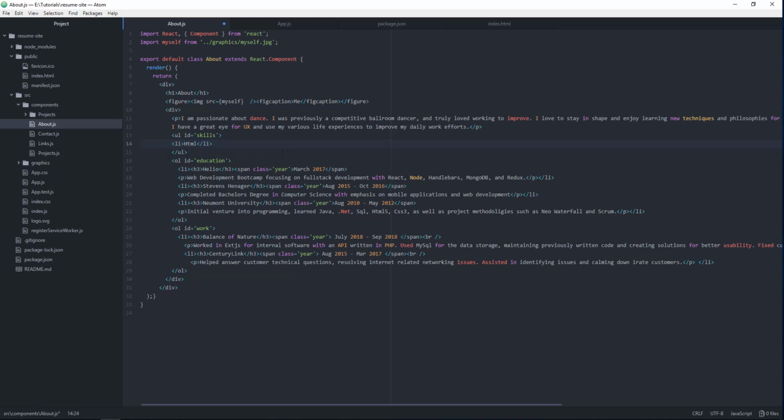Close that list item. CSS. And all we're doing here is filling out our about, and after we're done with that, we'll go ahead and end this, and from there we'll start making our projects next time. So HTML, CSS, JavaScript, SQL,